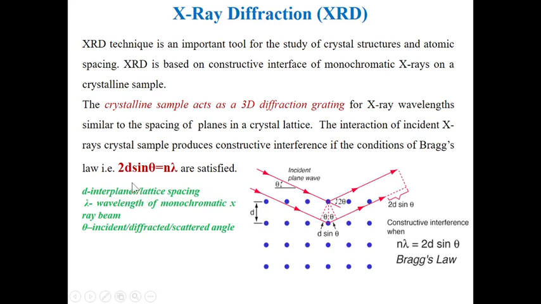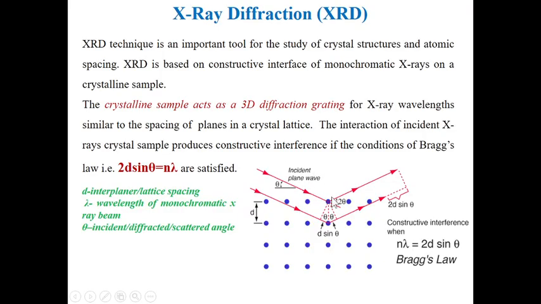Lambda is the wavelength of your monochromatic X-ray beam. Theta is the incident angle, or here 2 theta means 2 theta by 2 is also theta. So it is the diffracted or scattered angle. Okay, so